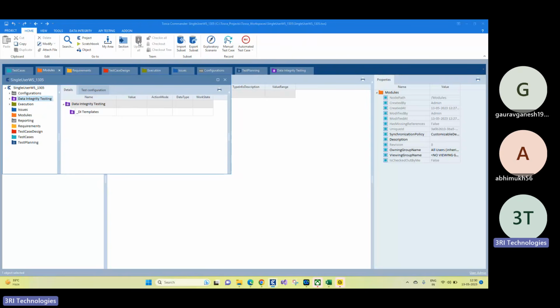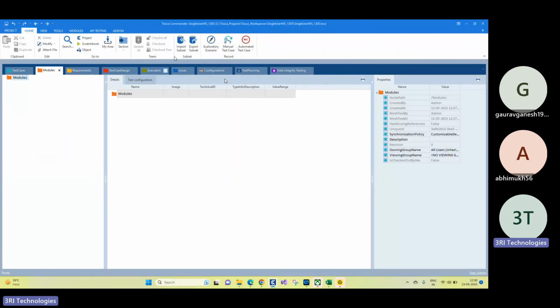Okay, so you understood the single user workspace and why these options are disabled. You guys are aware of these pull and push concepts, right? Yeah, I've worked on Git, but Tosca I haven't worked. Yeah, the logic is same. If there are more than one or two people, they will have to push their own changes, isn't it? Then we have these check-in, check-out, check-out tree options. Since I have created a single user workspace, there is no other user working on this workspace. Then there is no point in pulling and pushing, right? So these options are disabled.